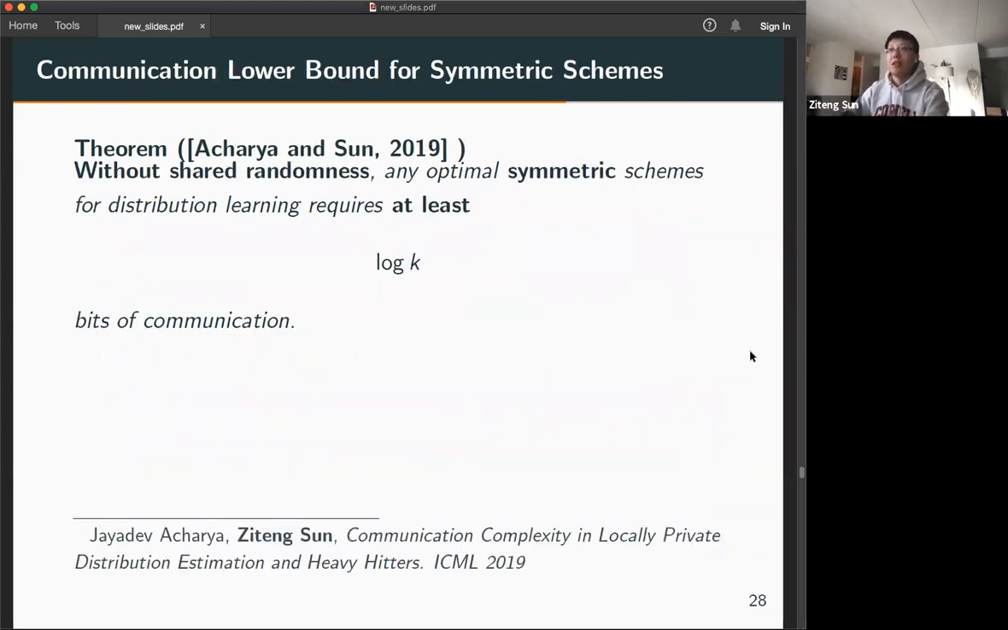So the first answer is, if we are focused on symmetric schemes, then yes, it's necessary. We cannot reduce the communication. Without shared randomness, any optimal symmetric scheme for distribution learning requires at least log k bits of communication,